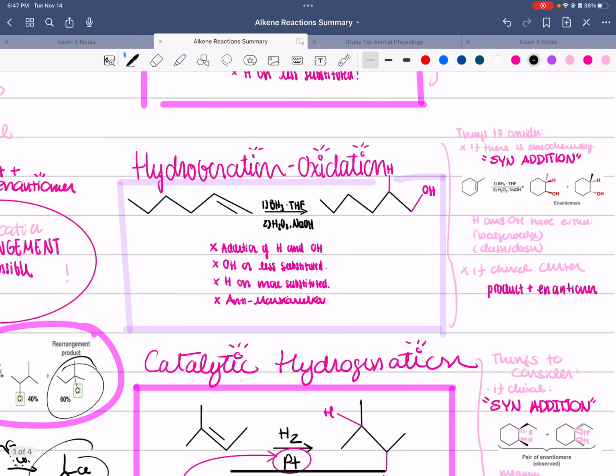So we can go to hydroboration oxidation. When we're given this, we're mainly doing an addition of hydrogen and OH. OH will go on the less substituted side, while H will go on the more substituted, meaning we're doing an anti-Markovnikov addition. Some things to consider for this reaction is that if we have stereochemistry, we're going to do syn addition, meaning that